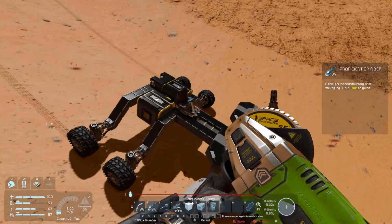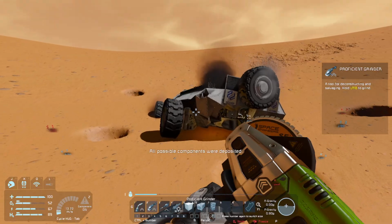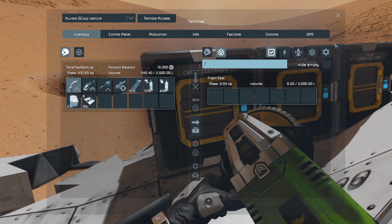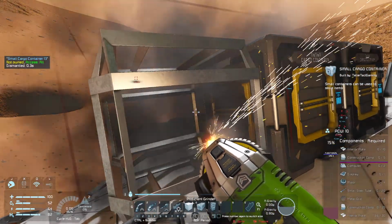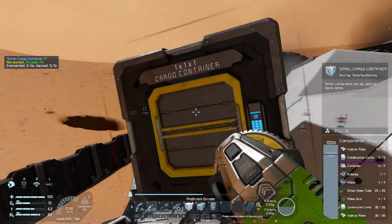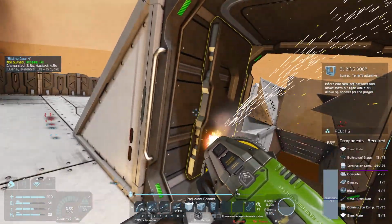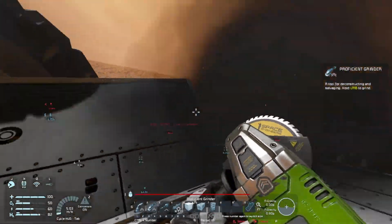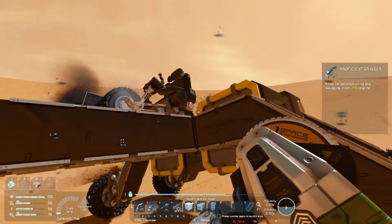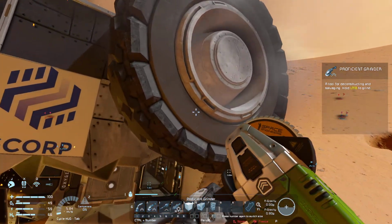Like, getting the cargo containers for nothing other than the grids, it's still valuable stuff. So even if it's just like the metal grids you're after, because it's cobalt, then yeah, it's still not a waste of time even if it's just for the sake of getting the cobalt. And I think metal grids is one of the harder ones to get, since you don't really get cobalt. You need...